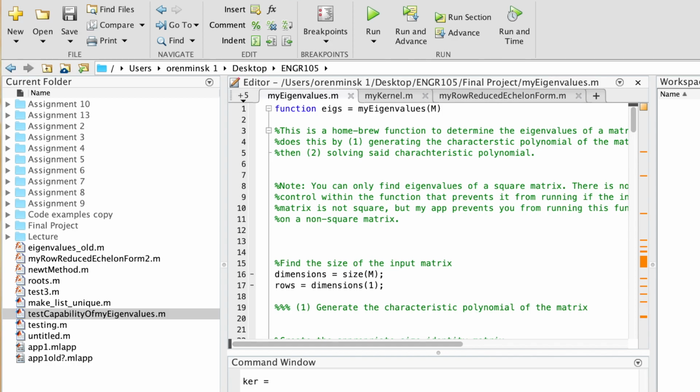The function I want to spend the most time talking about in this video is the eigenvalue function. The reason for that is because I needed to spend a lot of time optimizing it, and it was one of the more challenging ones to build. Originally this function was only able to detect eigenvalues between -5 and 5, and it took upwards of 45